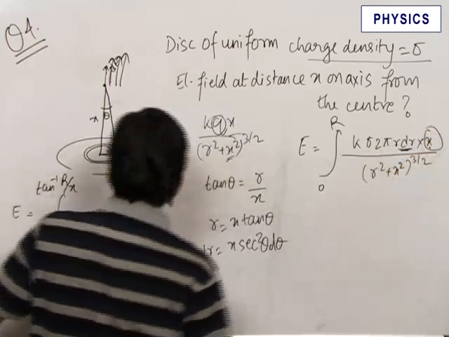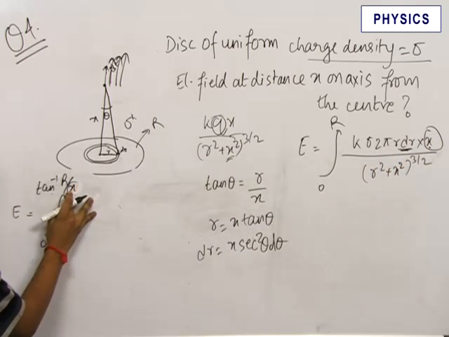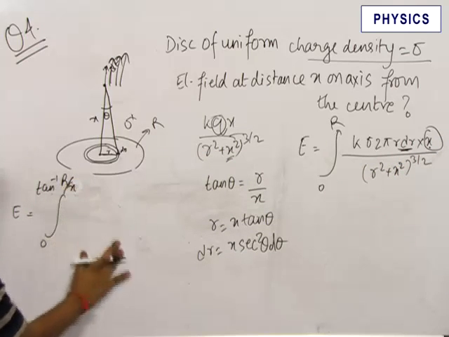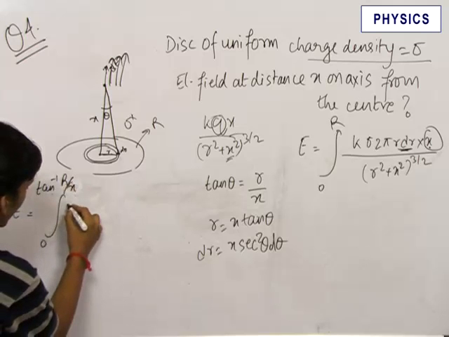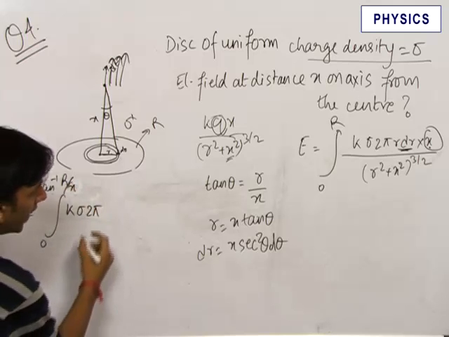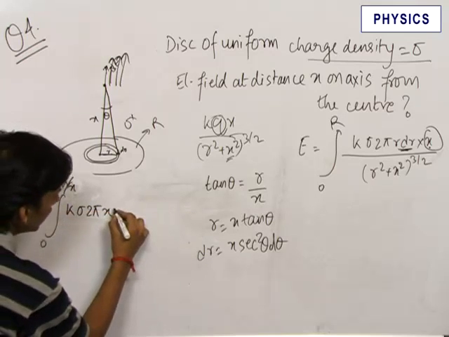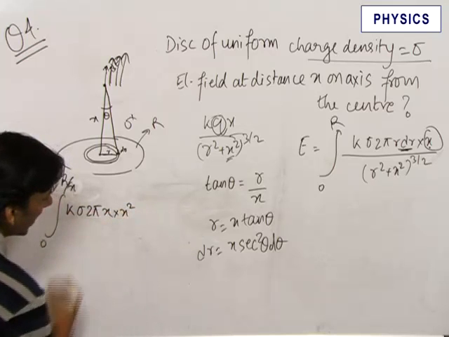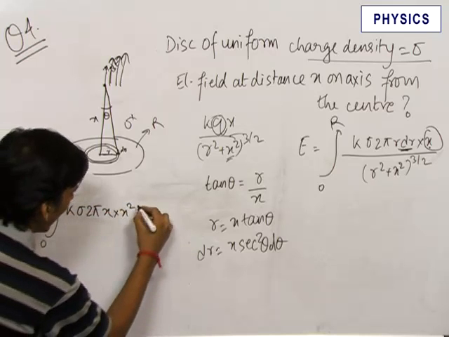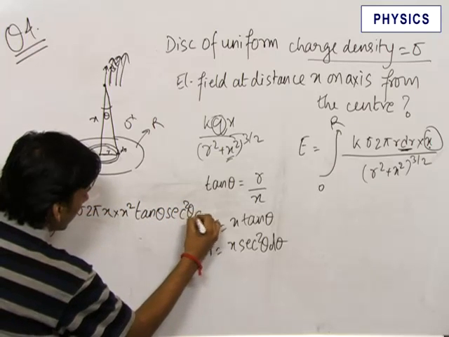Now mind you, X is a constant over here. It is not a variable. This is a constant, this is not a variable. R, small r is a variable, right? So here K sigma 2 pi into X into R dr. R dr becomes equal to X square into tan theta sec square theta d theta